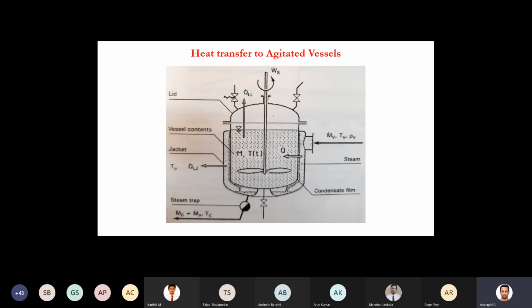So this is like a heat transfer and agitated vessel. Okay, we'll go to our objective. You have a vessel, you can see this is the inner vessel, and this is your jacket. This is jacketed, and here you have agitation also, for stirring purpose. We have provided the stirrers. This is the mass, this is the temperature, this is the heat to be supplied from the jacket. Here the steam is allowed. This is the mass of the steam at its temperature and density.